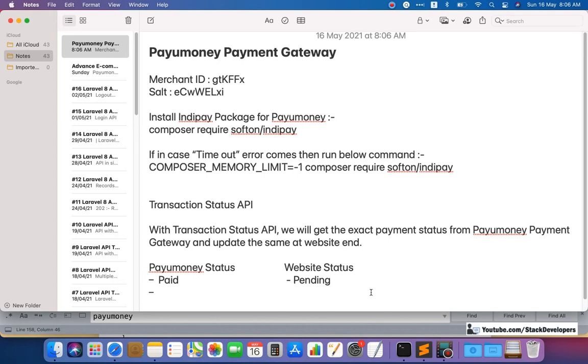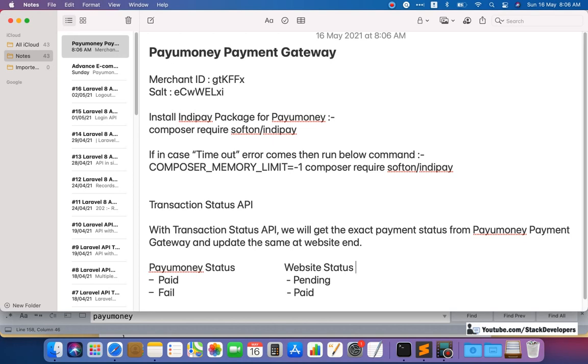And if the status is fail at PayUmoney status, and if the status is paid at website status, then again we need to update the status to fail, to payment fail. Okay, at the website end.